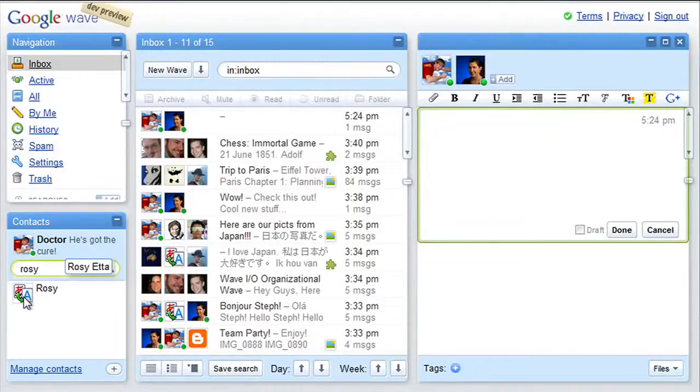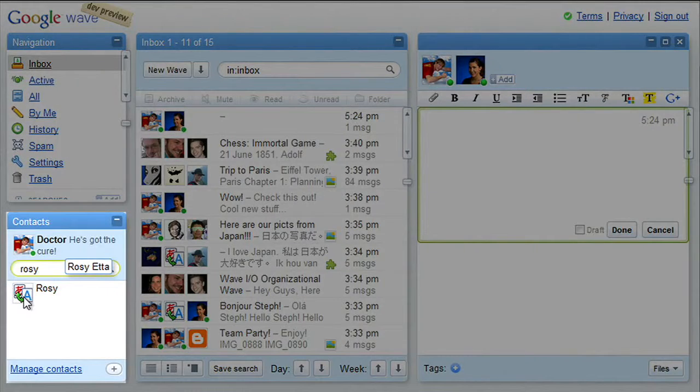Robots can be used to interface to other systems. In this case, it was Twitter, but it could be anything with an API. Imagine Steph and I are friends. I only speak French, she only speaks English, but we want to communicate in real time. Rosie's a robot that interfaces into Google's translation engine and allows us to translate everything in a wave in real time if we'd like to.